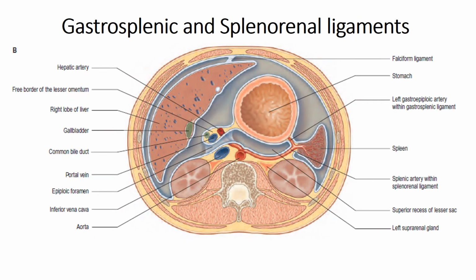Now in this sectional view, let's understand these two important ligaments related to the spleen and their convergence at the hilum of the spleen. Now this is the gastrosplenic ligament, and this is the anterior layer, which is in continuity from the gastric impression on the spleen, and then it is continuous over the peritoneal covering of the anterior surface of the stomach, and this is the posterior layer of the gastrosplenic ligament.